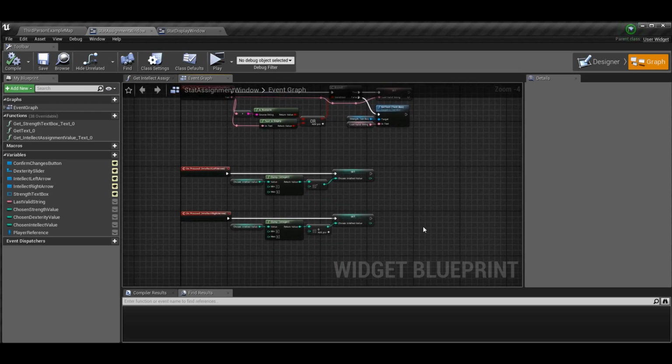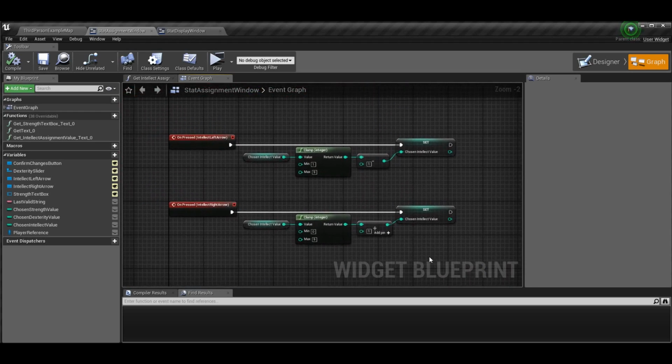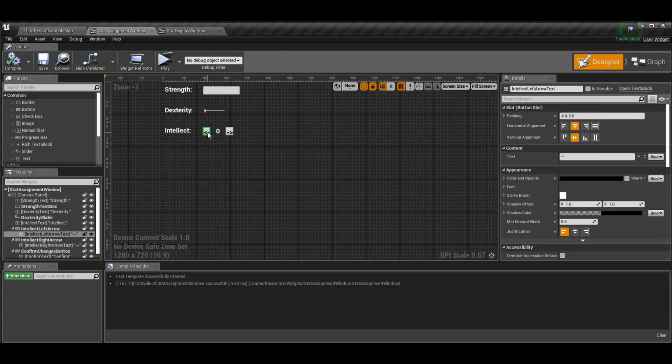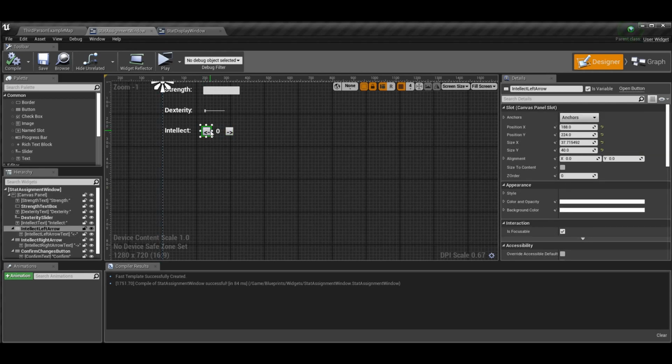Okay, now there's one more thing we have to do before we get to the confirm. We have to do on pressed for our 2 buttons. So the intellect arrows are these guys. So essentially this is a button, and I put in the text like little left arrow, right arrow. And what we're going to be doing is when we press these buttons, we want to change the value of